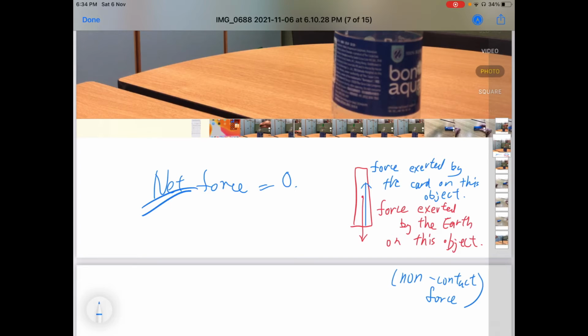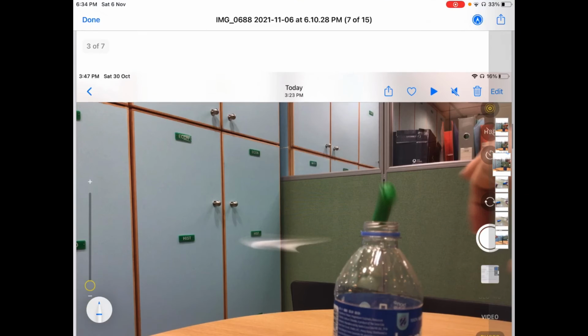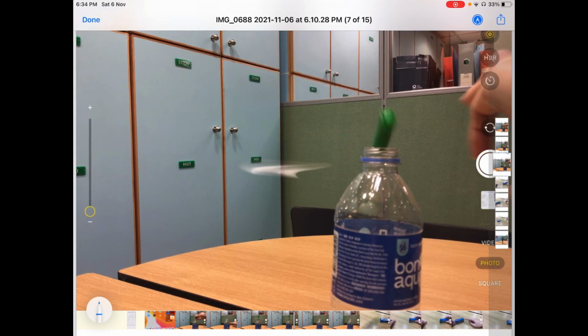So we use the term net, and because now the net force is equal to 0, this object will remain in its original motion state. And at the moment I place this green object on the cardboard, it remains at rest, and there is no net force acting on it, so it will remain at rest. 靜者行靜。